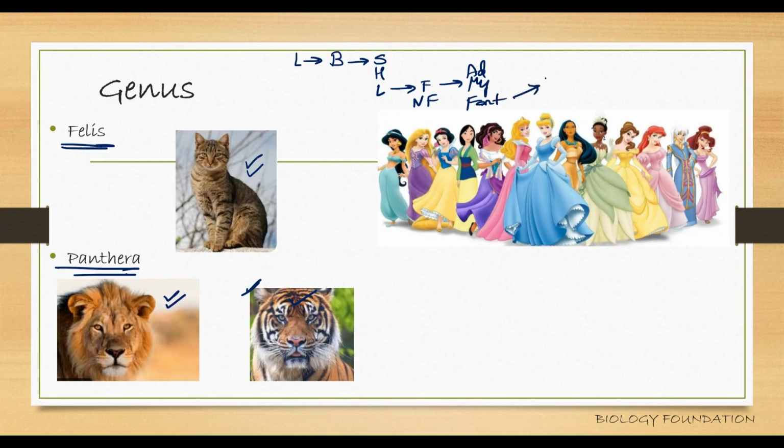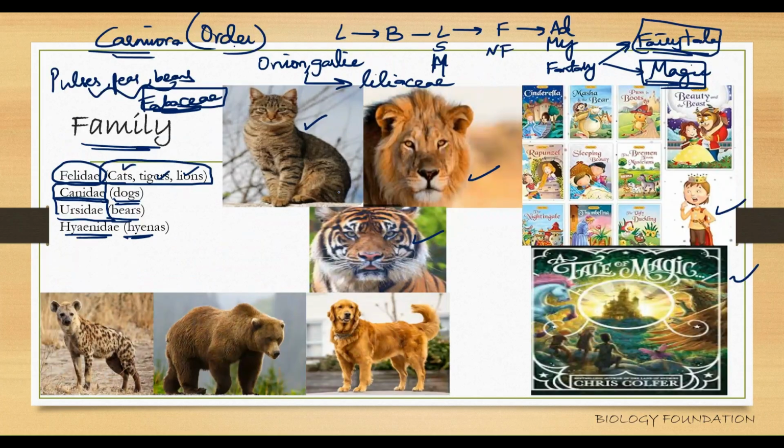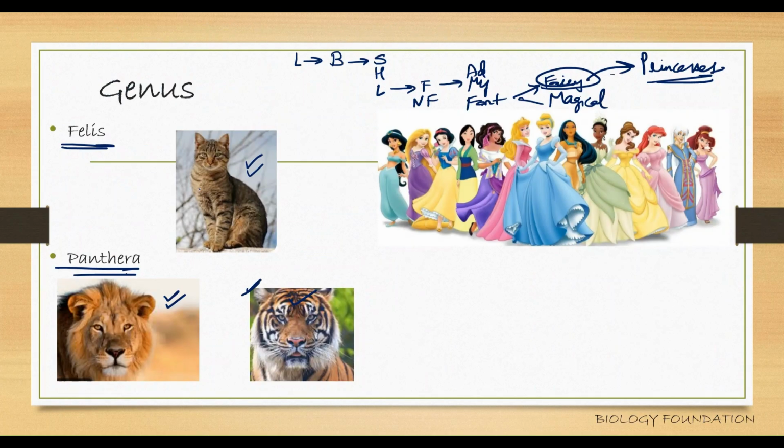Fantasy books can be again fairy tale or magical books. Now, fairy tale books can be related to princesses, right? So that is what is being shown here, where though cats, tigers, and lions belong to the same family Felidae,